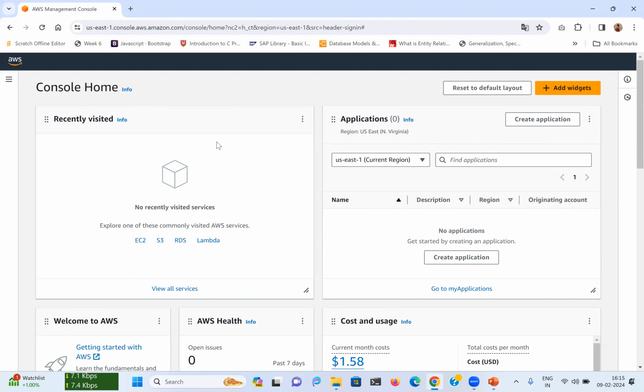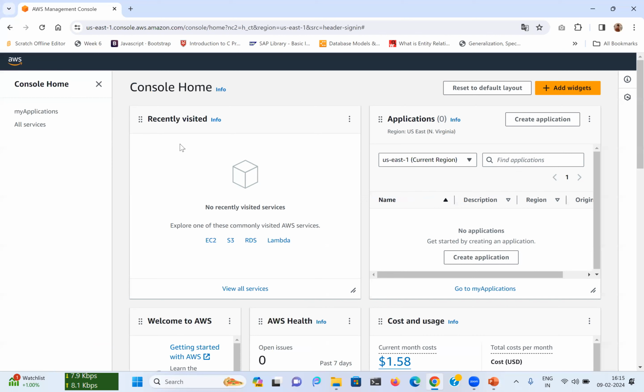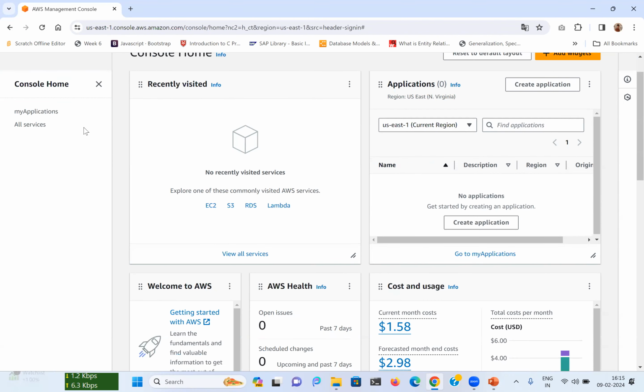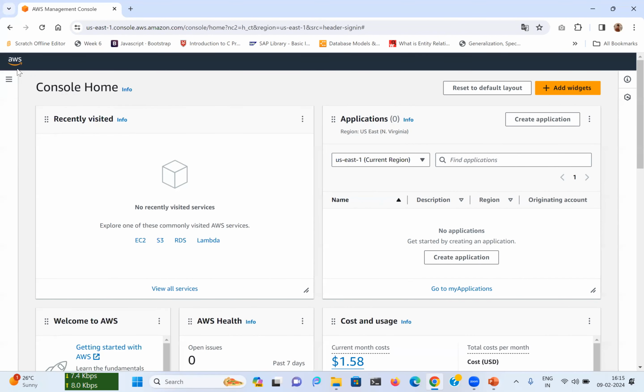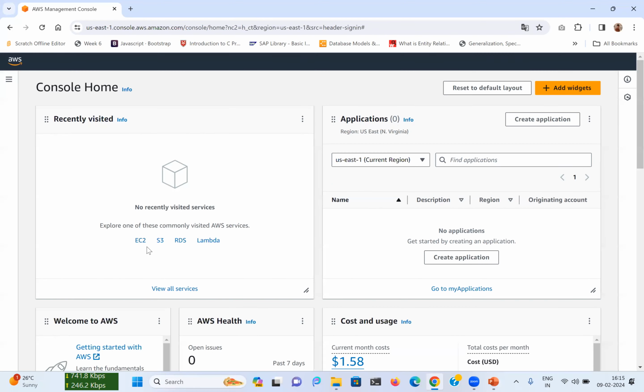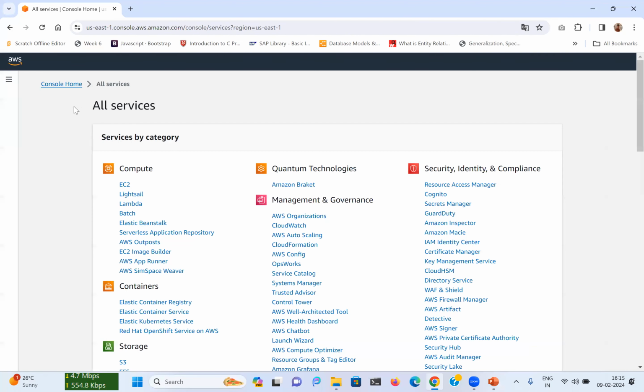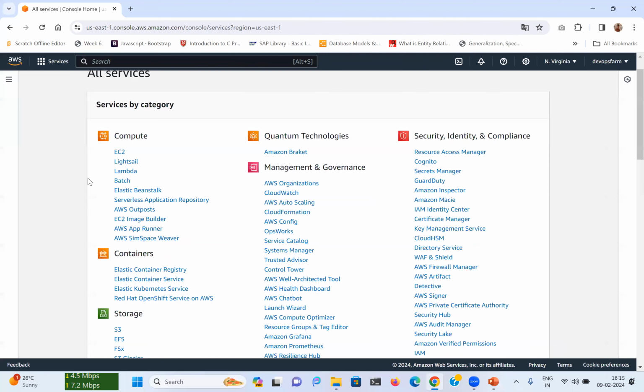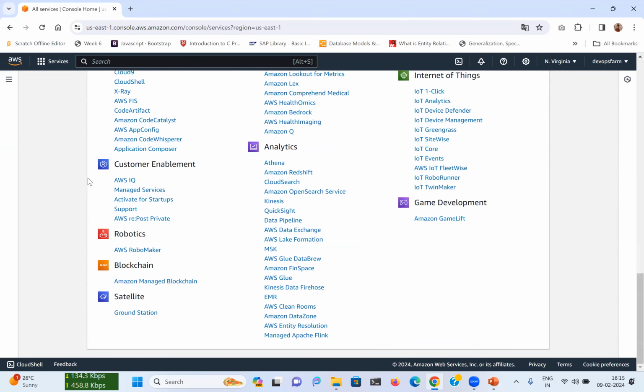So I am here in my AWS cloud account, and we can explore the services. Here I can already see the frequently used services, or you can click on view all services. Here you can see all of the services provided by AWS.